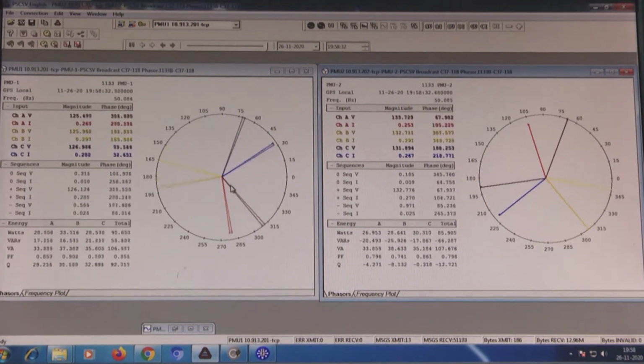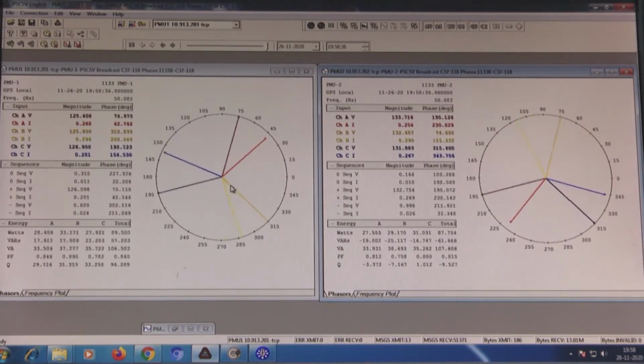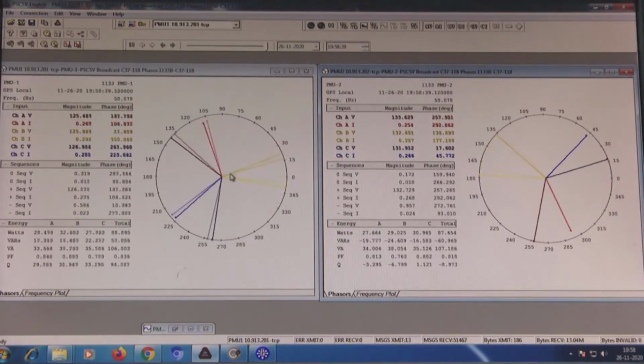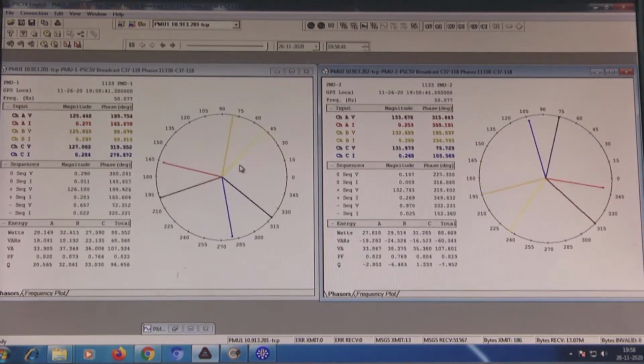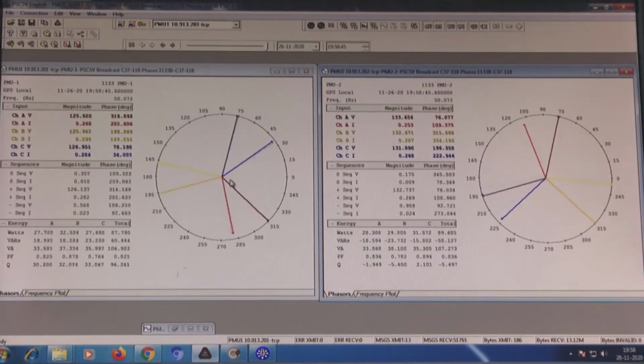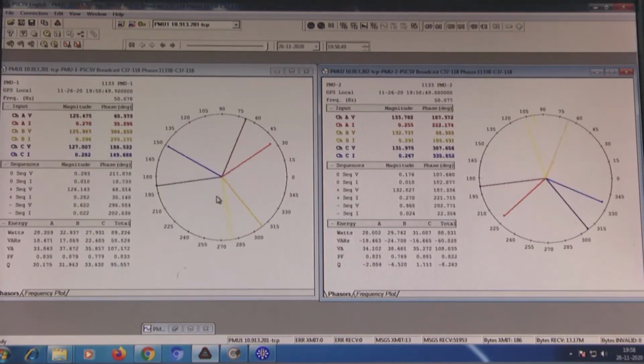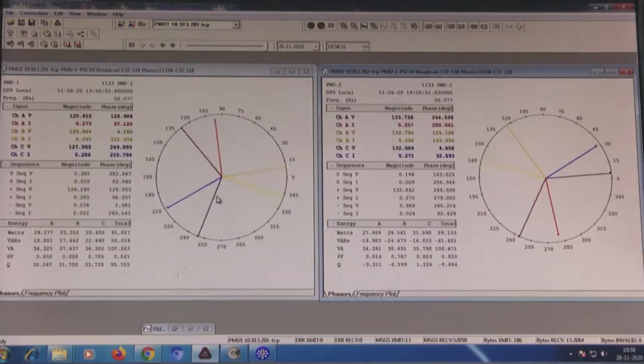And in our lab, these PMUs are connected to the LAN, and they are connected to this PC through the LAN, and through that LAN network we are able to access the PMU data in real time and see the status of the different phases of both the grid side and the generator side simultaneously.